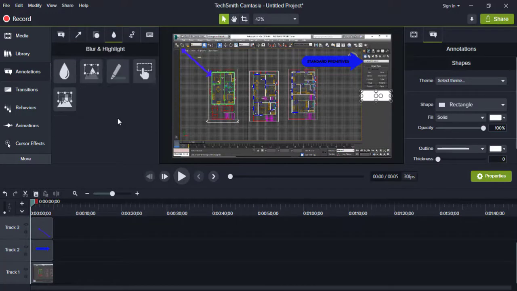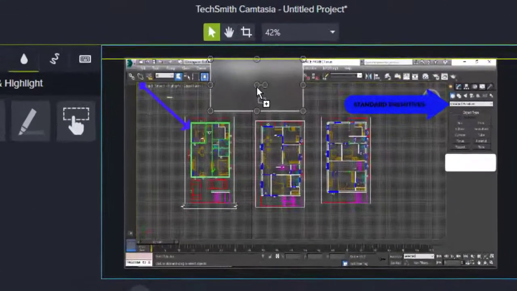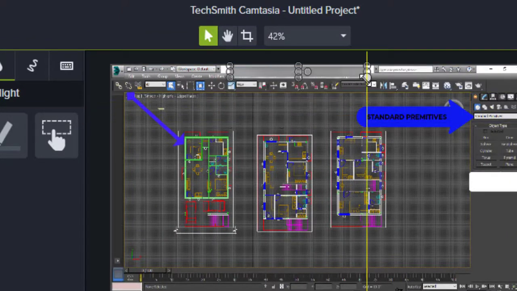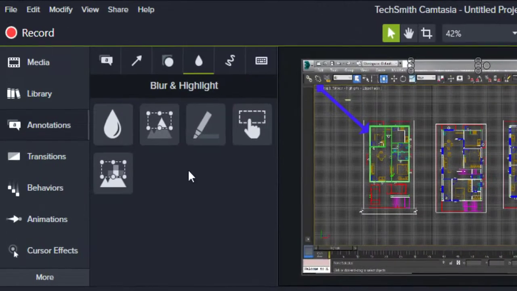Now as you can see here, there are some ways to blur and highlight. This is one of the important command tools, as it helps you to hide some information that you don't want to show. For example, we'll just try to blur one part. Suppose I don't want to show my project's name here. I'll just go and blur this part. So this is how we can blur it.